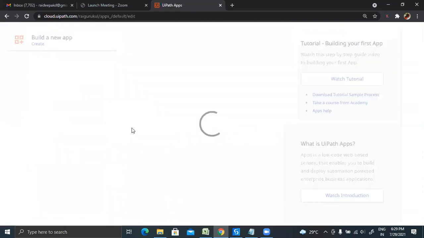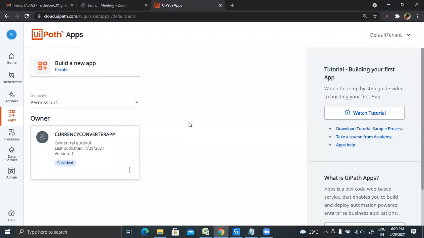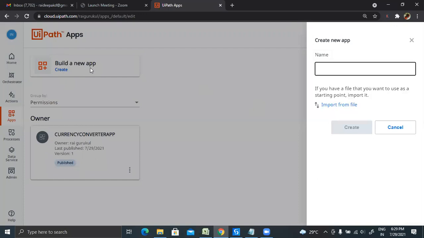So moving to the UiPath Apps, UiPath Apps is a very good functionality provided by UiPath, where we can create our own apps without any code or without a big amount of code. So let's see how we can do that. So for building an app, we need to click on this and enter the name of the app, whatever we are looking forward to create. So let's say if we want to build a calculator application,